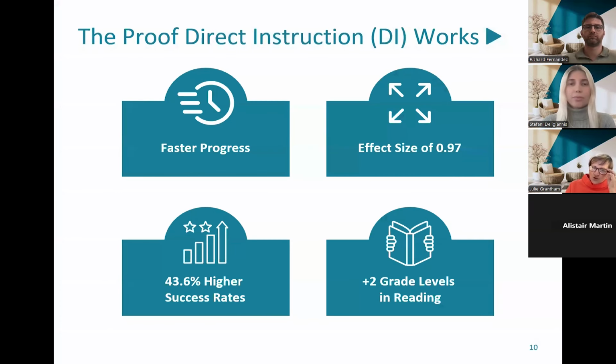So when students are taught with direct instruction programs, they learn quickly, more quickly than in subjects like reading and maths when they compare them to other learning approaches. For example, inquiry-based learning. So we had eminent Professor John Hattie. He did research that showed that direct instruction achieved an average effect size of 0.97, which is a very large improvement in student achievement when we compare it to other teaching approaches.